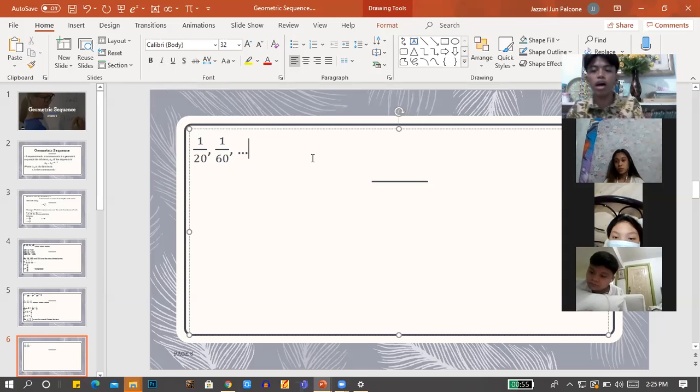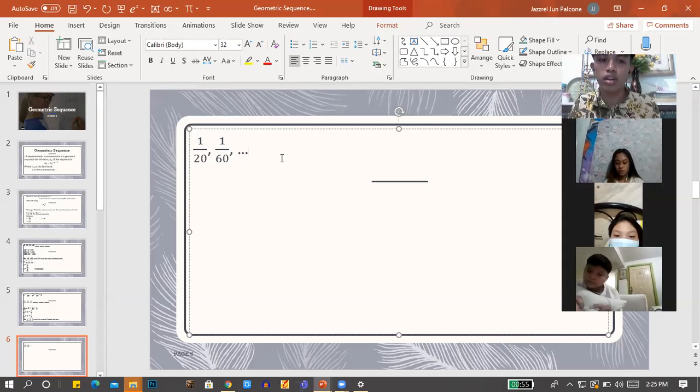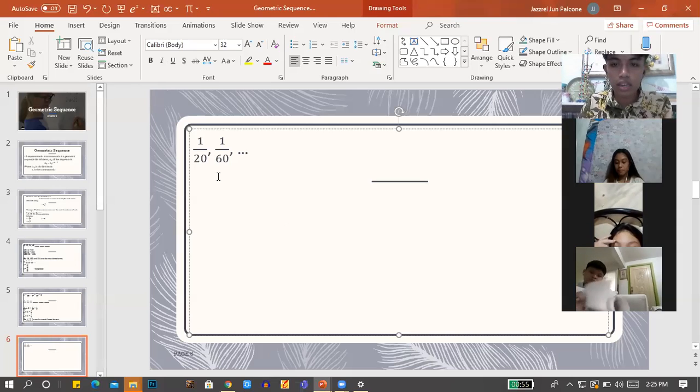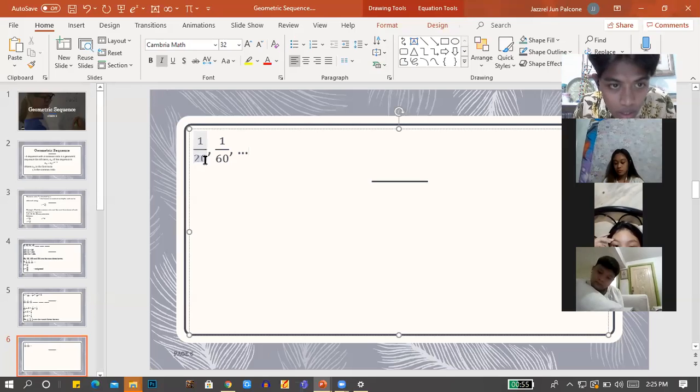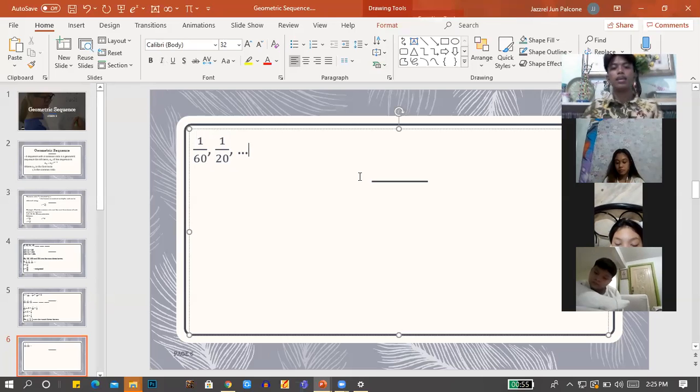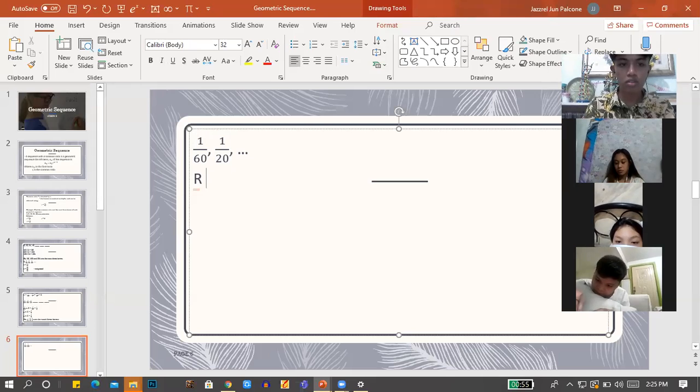Okay, so halimbawa, our given is 1 over 20 and the other one is 1 over 60. Okay, so ang gagawin muna natin is, ay balik na rin pala natin class, sorry. This one is 60 and the other one is 20. Para hindi kayo mahirapan. Ayan. So first one is we need to get the R is equals to,